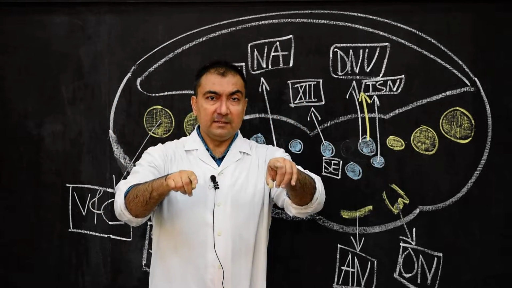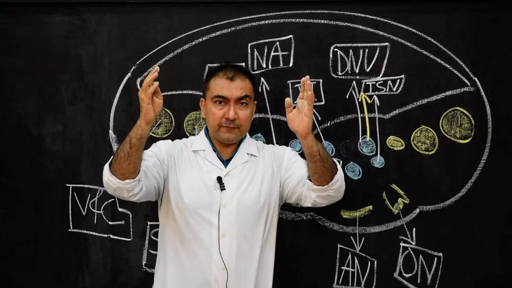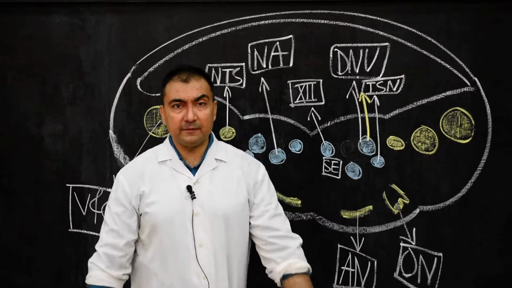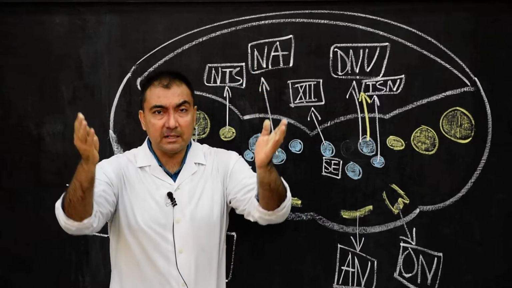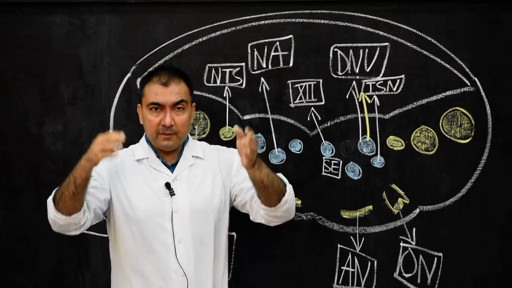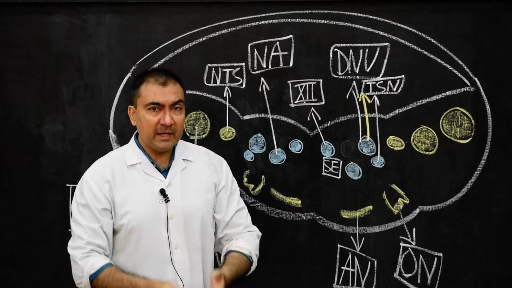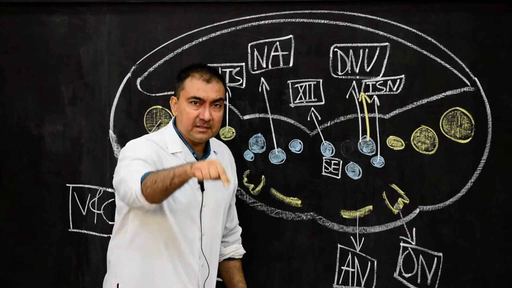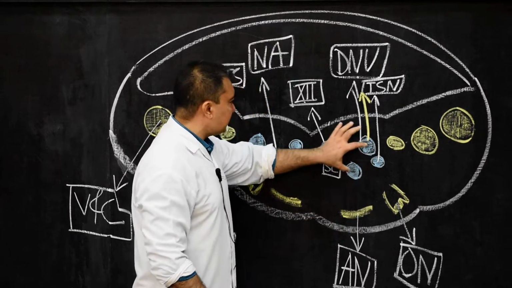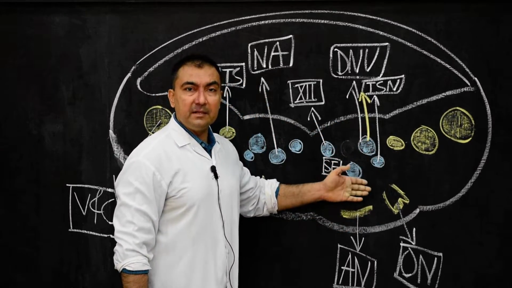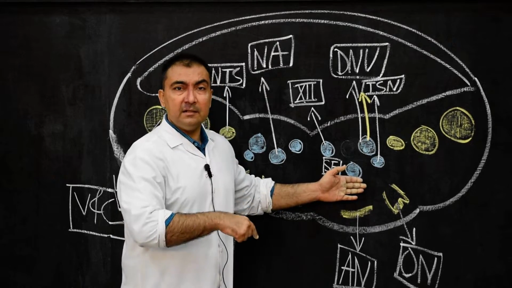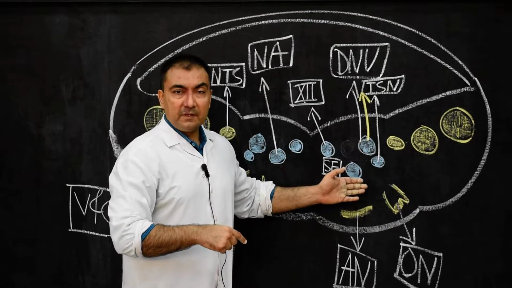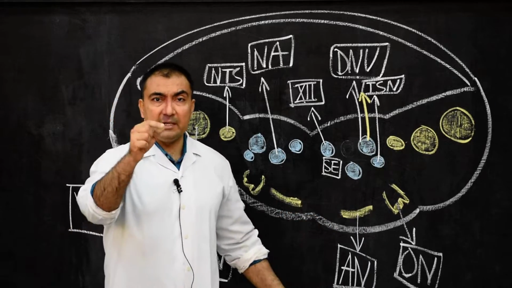So therefore, here you mention that these 2 nuclei will develop from the alar lamina of metencephalon as well as myelencephalon. Second point, after developing from the alar lamina of metencephalon and myelencephalon, these 2 nuclei will fall down. It will migrate. Where will it migrate? To the marginal layer. Which marginal layer? The same marginal layer which is present anterior to the basal lamina, in the myelencephalon, in medulla oblongata.